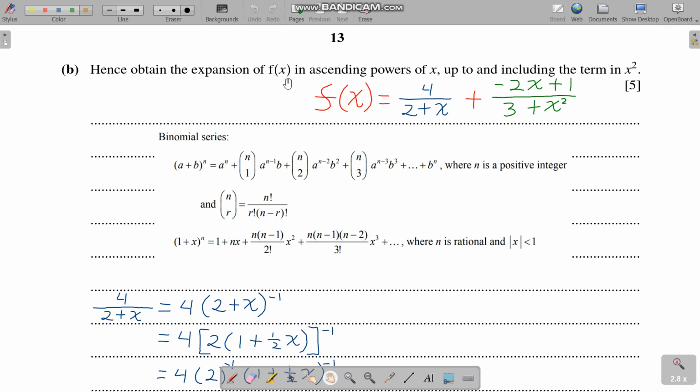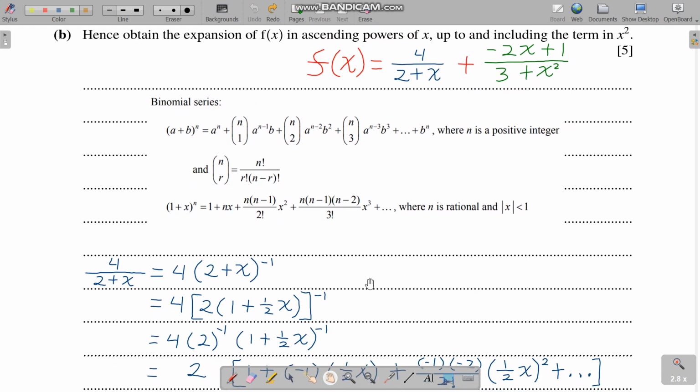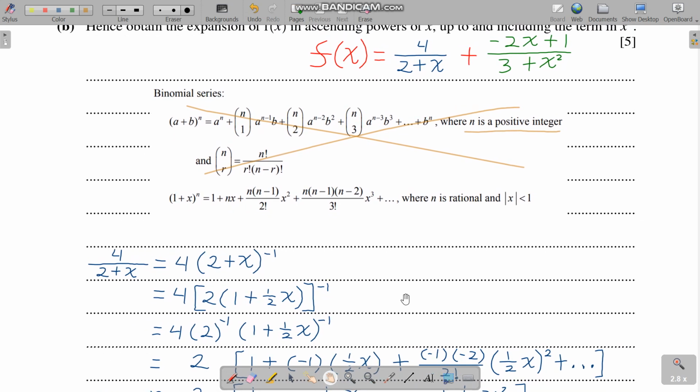So we need to expand up to x squared the f of x from the previous part. So we need to expand each term using binomial expansion. First of all, we don't use this paper 1 formula because the n is negative or fractions for paper 3 pure 3. Okay, so for the first term, the blue term 4 over 2 plus x,